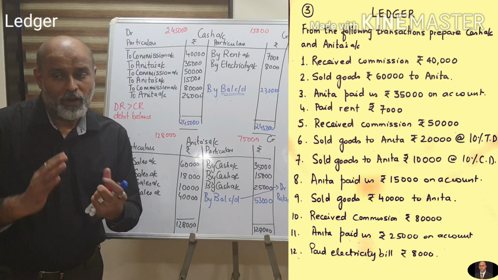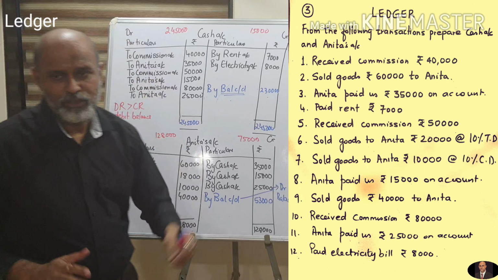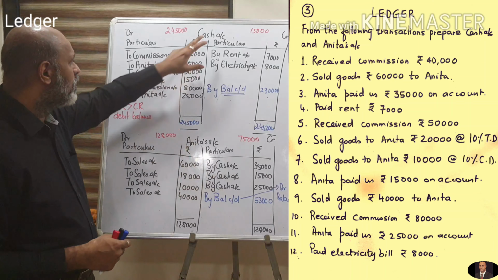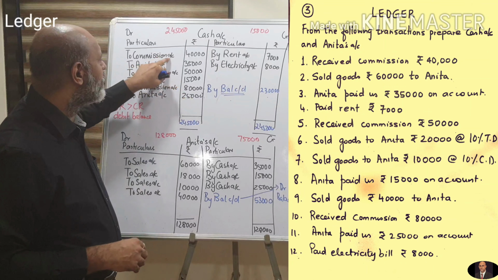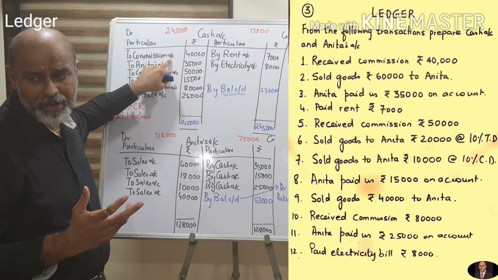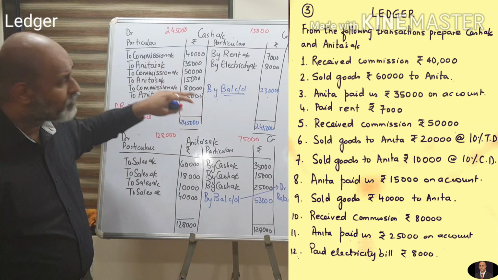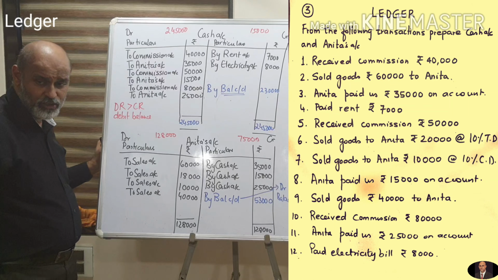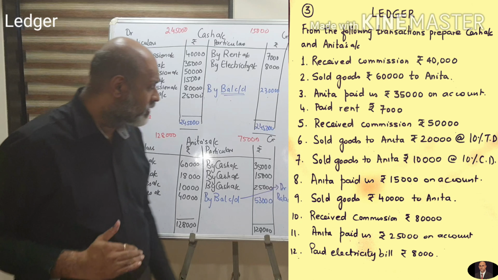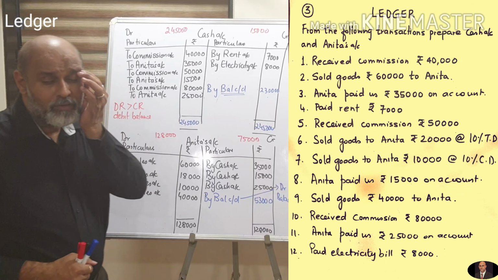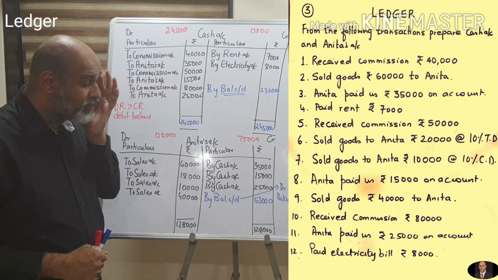Okay, so what did we do so far? We put the entries from the journal, we visualize the journal entry and we put the two effects. Of course, the account, like for example commission account, we have not made, so whenever you make it, you will go on the opposite side of commission account and write down by cash. So your double entry system will always remain intact. Understood? In the end, what will you do? You will total up both the sides and see which side is heavier.